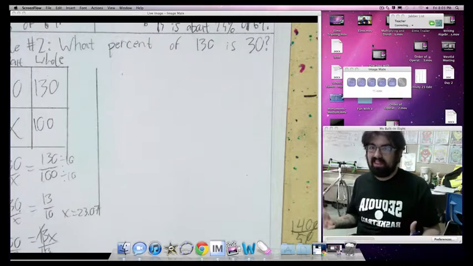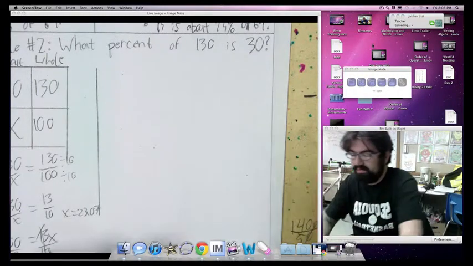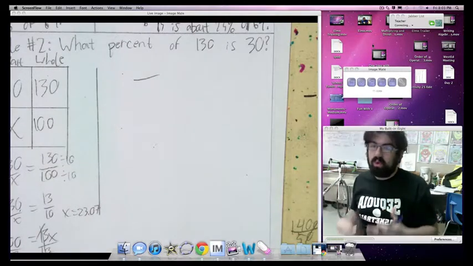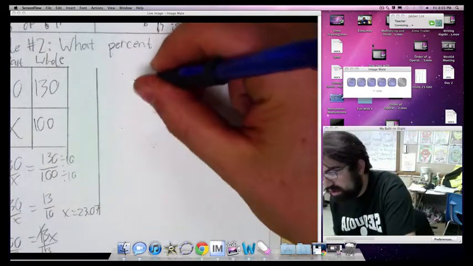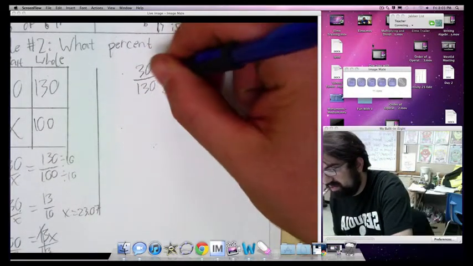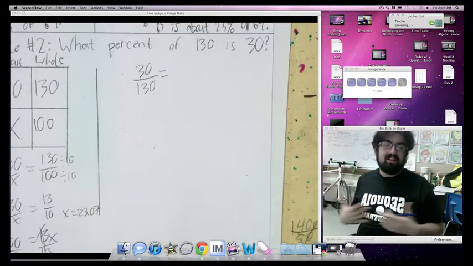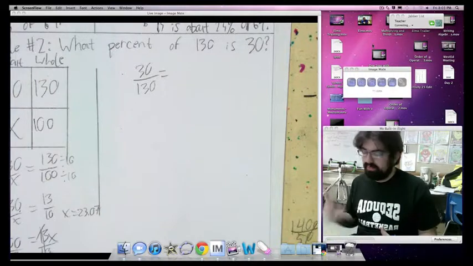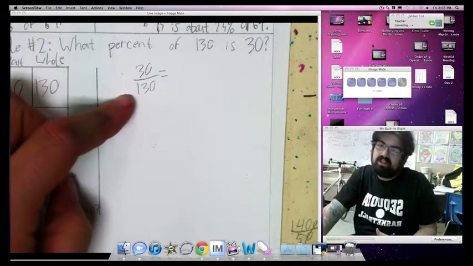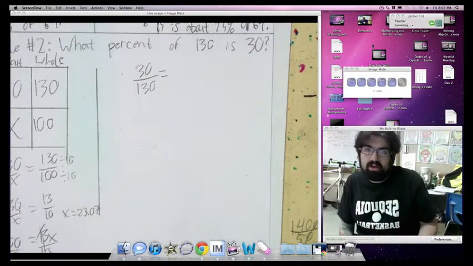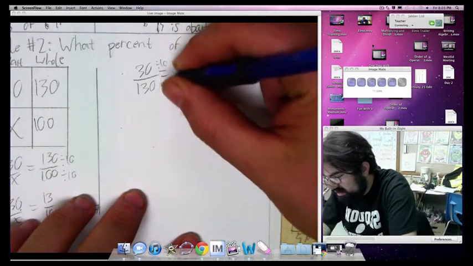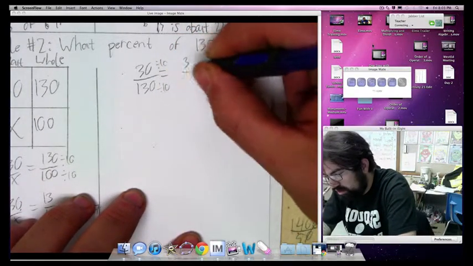Well, here's another way of doing the problem. If you know what the total is, like if you know what the whole is, you can always put 130 and 30 on top of it. Now it's just simplifying a fraction, and I know a lot of you are really good at that already. So if you know what the total is, you can just put that in the denominator and put the part in the numerator. I'm going to simplify by 10, and we're going to get 3 over 13,